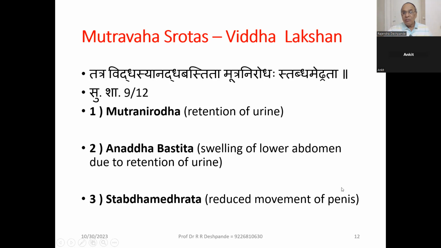That is reduced movement of penis. Especially you will say, sir, what is reduced movement? I want to say that there may be some neurological damage or there may be some crush injury during any surgery or trauma. Then your urethra, penis is damaged, muscles are damaged, and you cannot get a proper erection of the penis. That can be considered as reduced movements of penis. Okay, next.